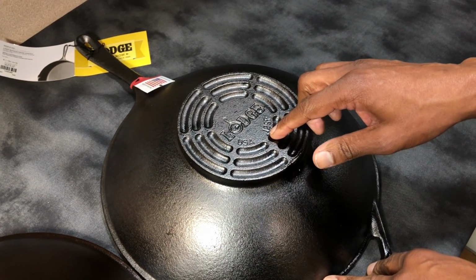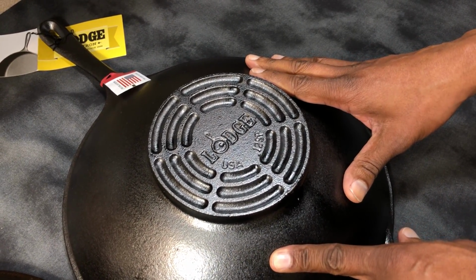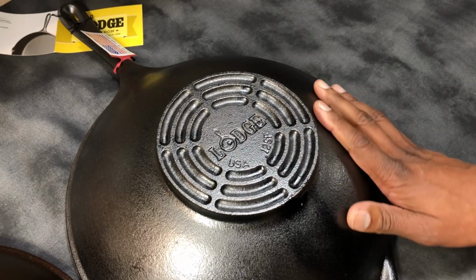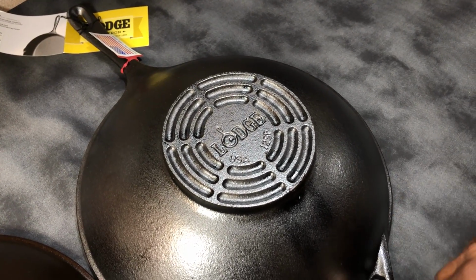So the pattern number is 12SF. They don't actually call it a wok, they call it a stir fry skillet. But very nice. Pretty much it's the exact same pattern. Now if you pan down here,